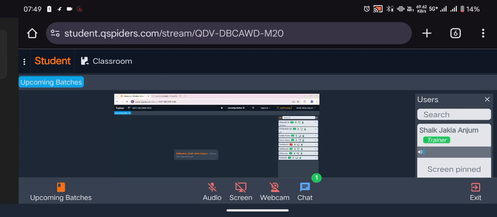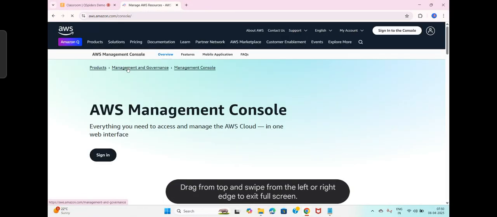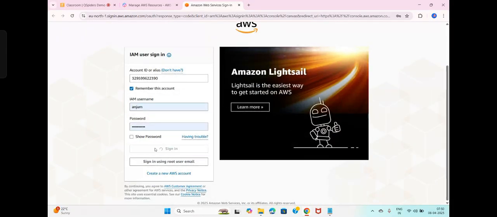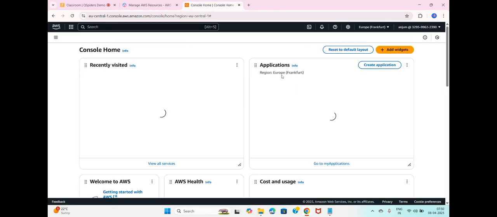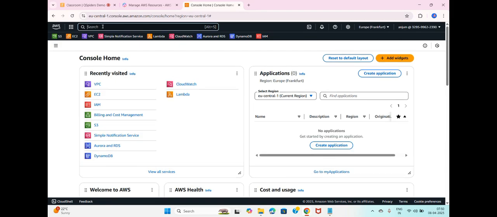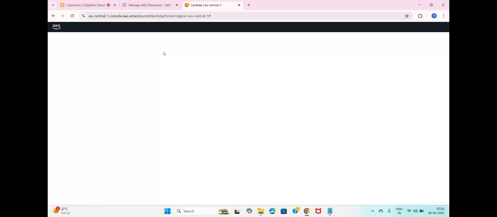Is my screen visible, guys? Go to AWS and search for Lambda. Okay, search for Lambda, click on it.